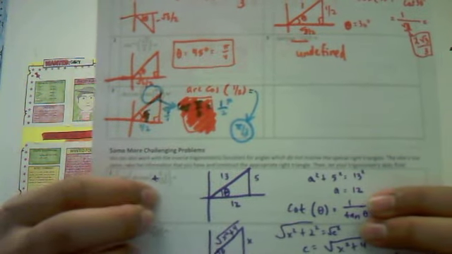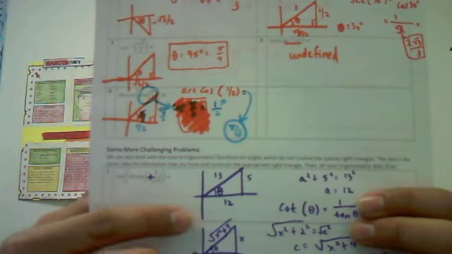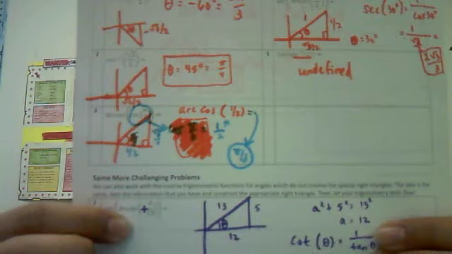So the arc sine of positive 5 over 13, I went ahead and drew my special right triangle, because I know that if I'm looking for the arc sine of positive 5 over 13,